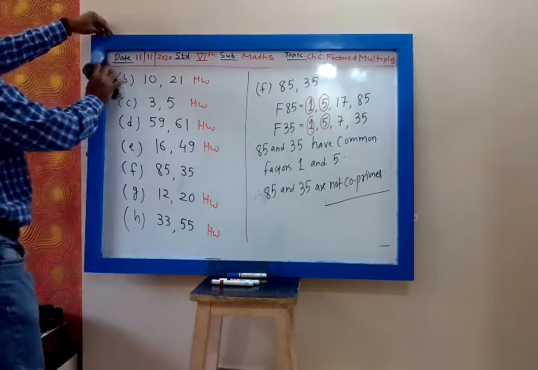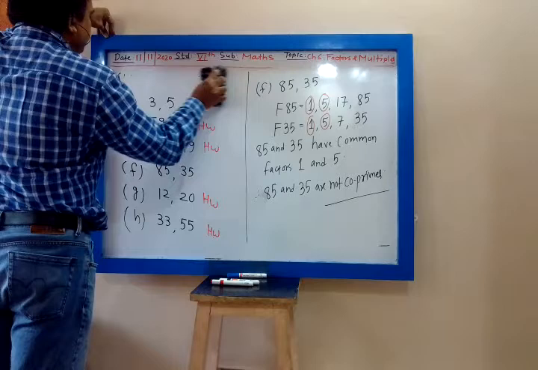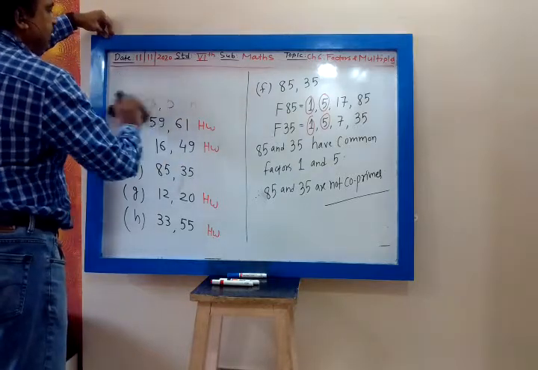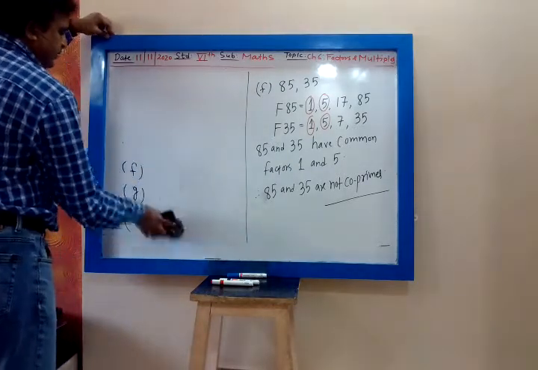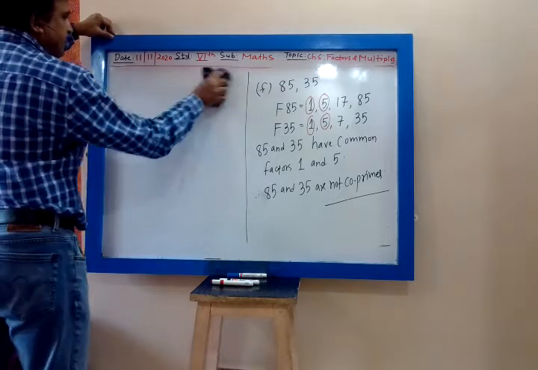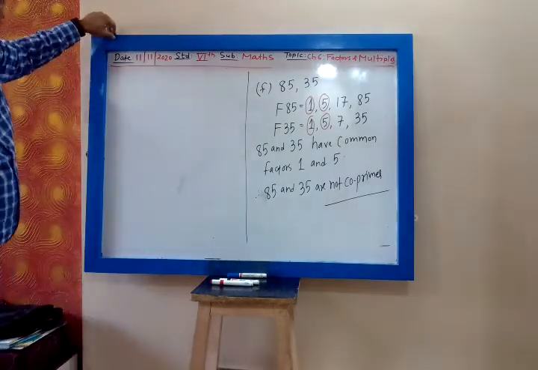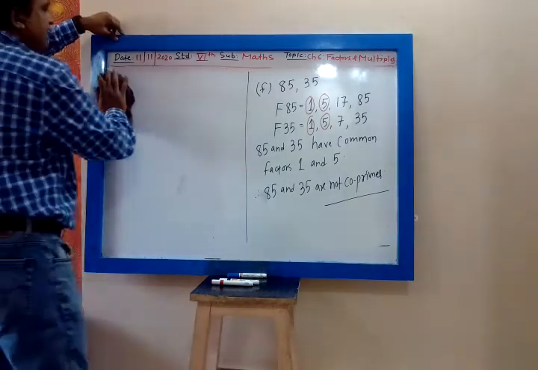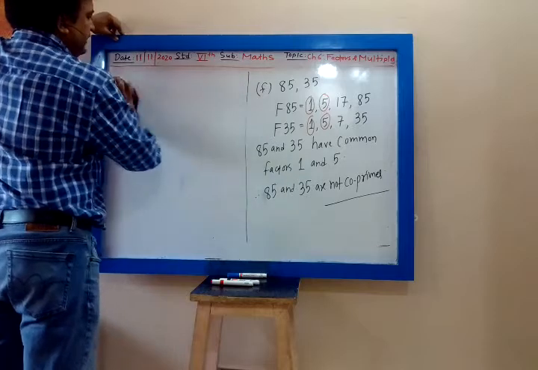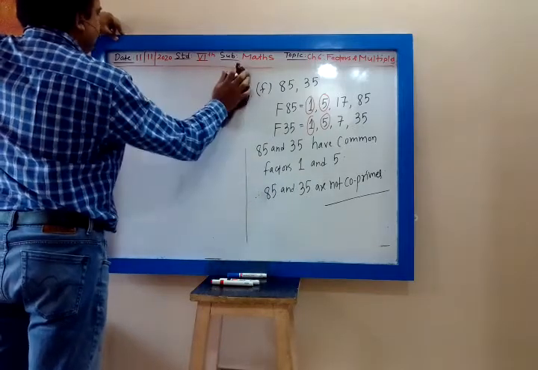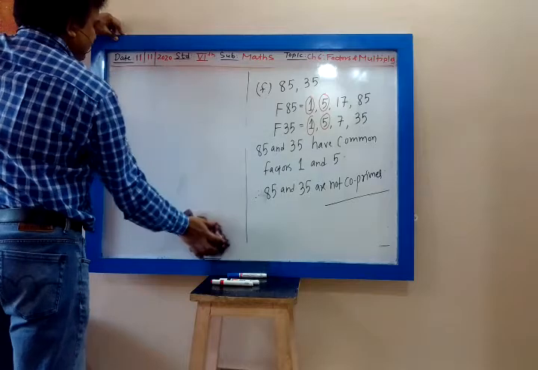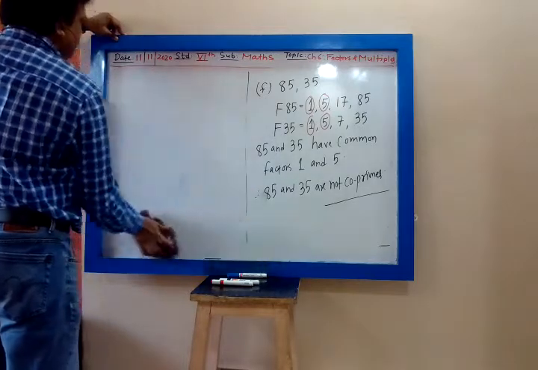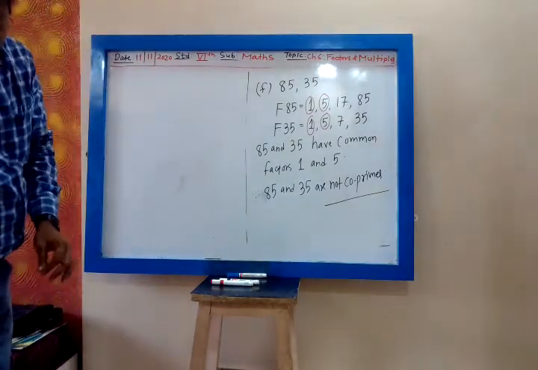This is over. Let us do the ninth one, twin primes. For twin primes, you have to find the difference of both the numbers, which means you subtract the smallest number from the biggest number. And if the difference of both the numbers is 2, then they are twin primes.